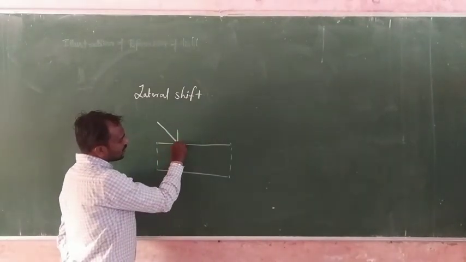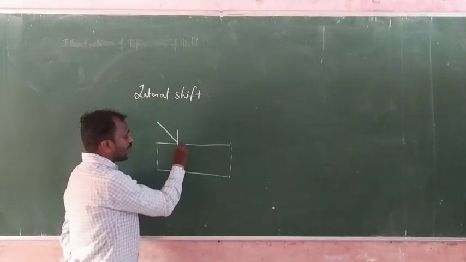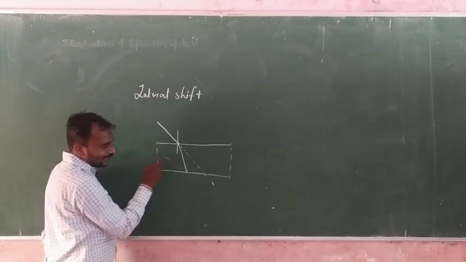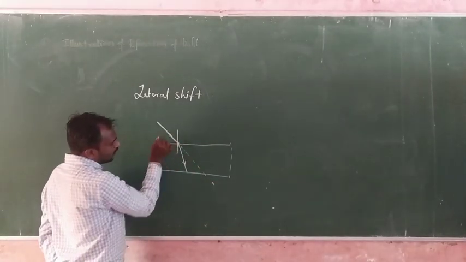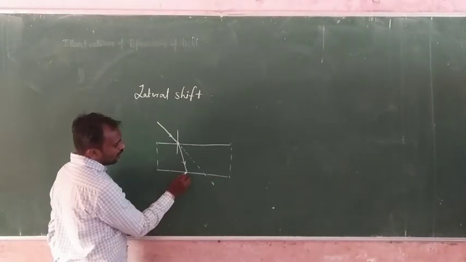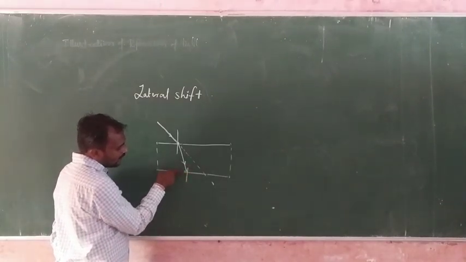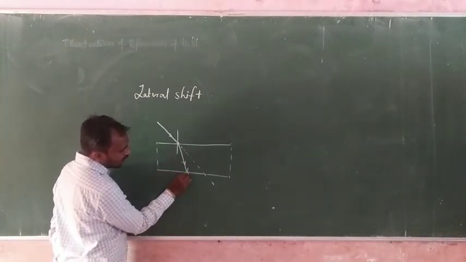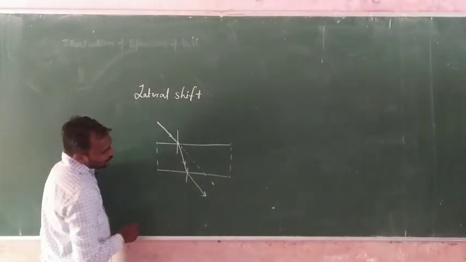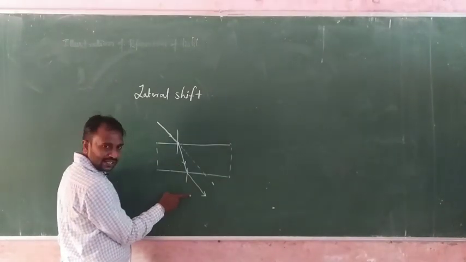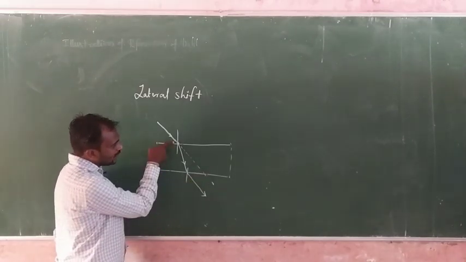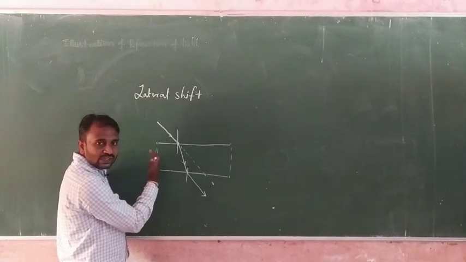then what happens? The light ray is refracted. It means it bends towards the normal. And this refracted ray is incident on the second surface. Then this light ray is refracted again. Here, this one is denser media and rarer media, so this light ray moves away from the normal. In the earlier condition, the light ray moved towards the normal.